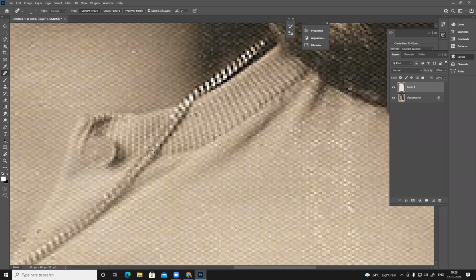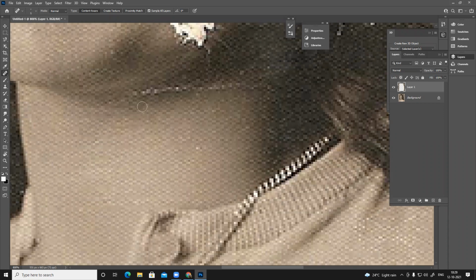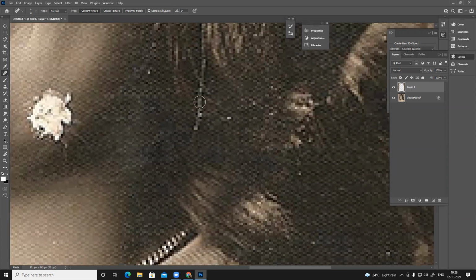We can upscale it and we can modify it. So like this, you can see all pixelated, right? So I need to remove all pixelation. I'll do that. And where if you see there's a shadow, so I reduce the brush size and then be really precise, whatever you're moving, modifying.